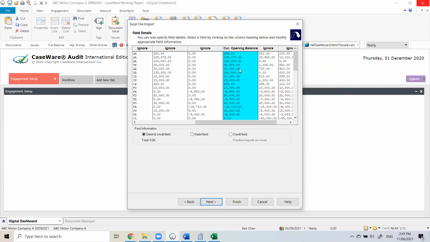Here, Caseware will know anything that's a positive is a debit amount. Anything that's a negative is a credit amount. It will import them according to what you have put in here. Okay, so the whole point to someone's question there, is there a